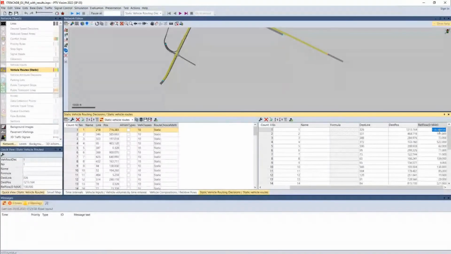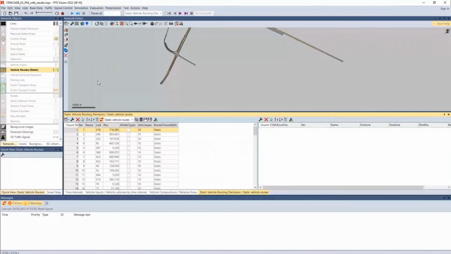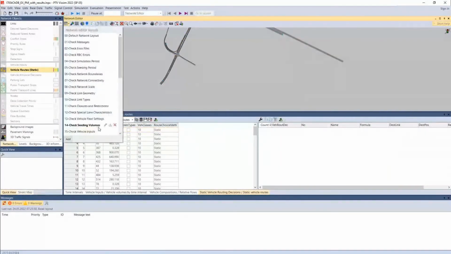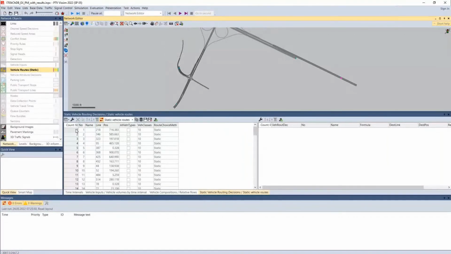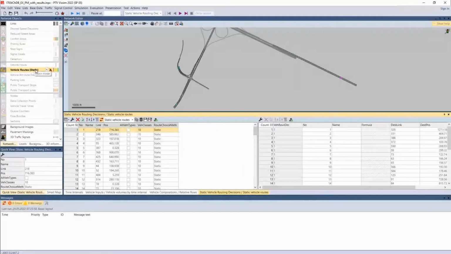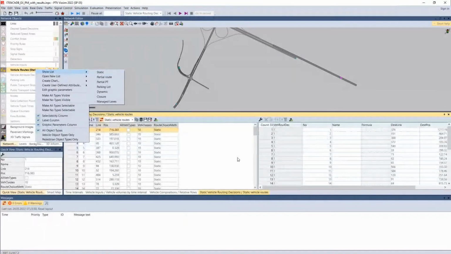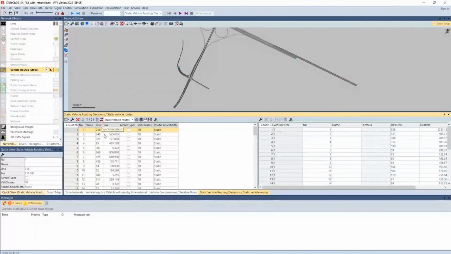There was another question that says, how do you get the color to turn on when you click certain values like a vehicle route? The first thing is you'll want to make sure that you specifically have the vehicle routes option selected. And then you'll want to make sure that when you open up this list, so you right click, show list, static routes, in the list, you'll see these little arrows at the top, right? If it has a little X, when you select these objects, nothing's going to happen on your network editor. But if you have these little arrows highlighted like this, when you select an object, on the right, it will